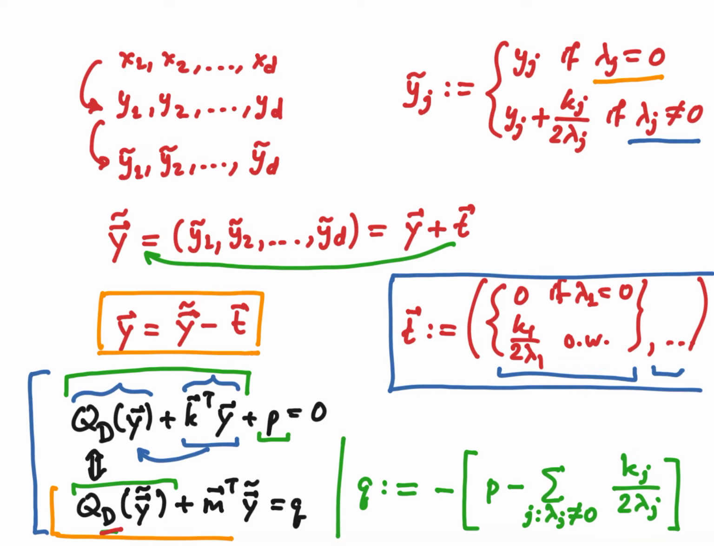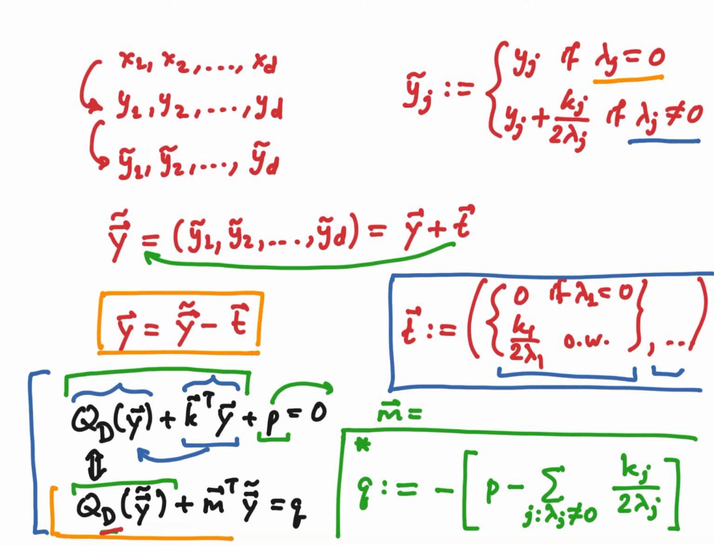Okay, the q is still correct. It's given by this formula here. It's just basically you move the p here to the other side, and then you have to absorb all those constants that came from completing the square. So this formula here is still correct. But this vector m has a lot of zeros in it. Let me write it down. I'll write it here. The vector m